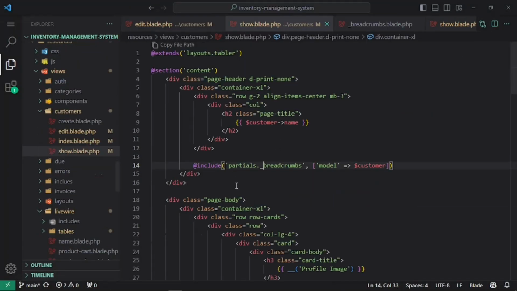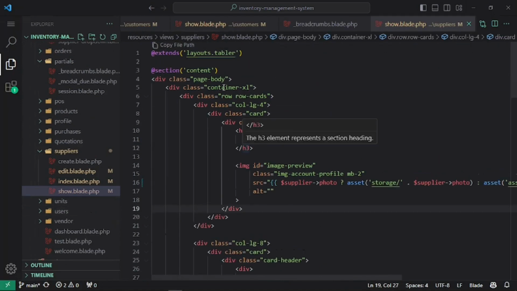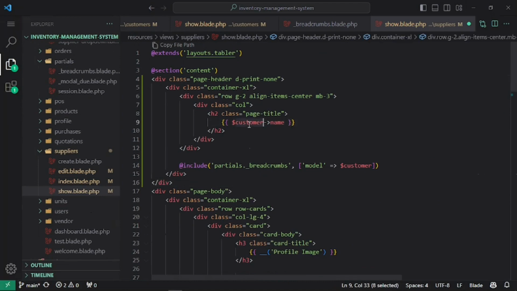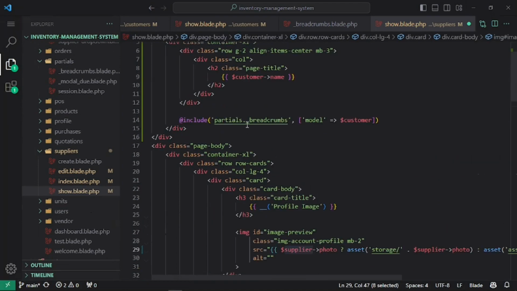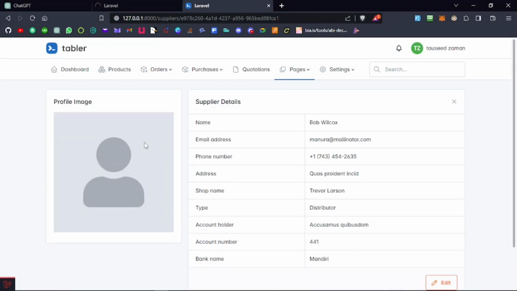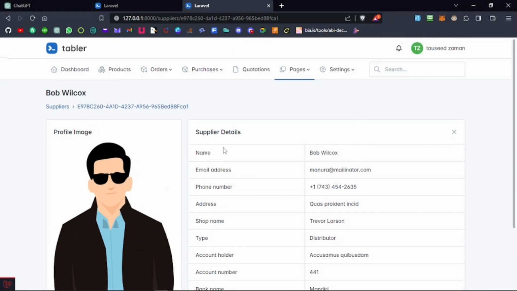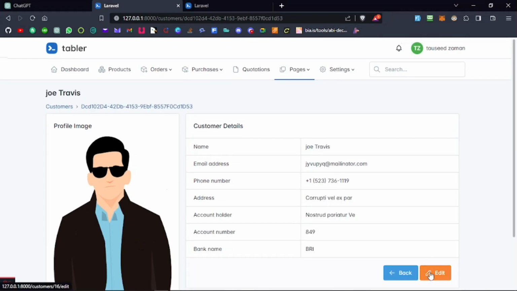So I'm gonna go to show and copy. Let's just copy this container and put it here on the suppliers show page body. Above page body, we can put this thing. Customer is not in here, it's supplier and supplier. So let's refresh the page. It should be here on the supplier as well. Okay, everybody, so you can see we have successfully upgraded the suppliers and customers, and here we have the edit